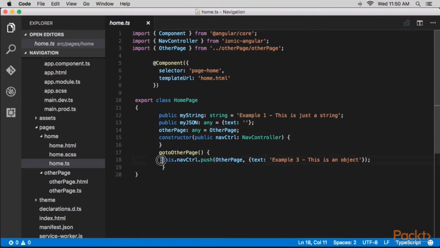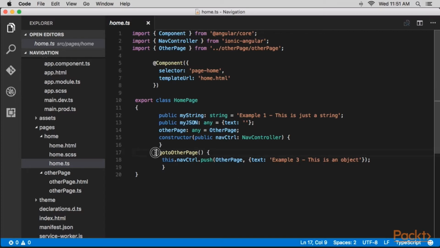The this.navCtrl variable will reference the imported NavController. You're supposed to bring it in like this in order to use the navigation feature internally. The myString and myJSON are just variables that you'll pass in the parameter to the second page. You also have to bring in the class for OtherPage and make it accessible to NavPush later in your